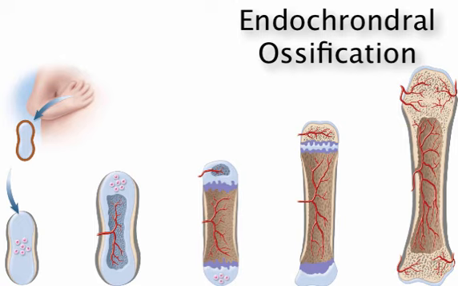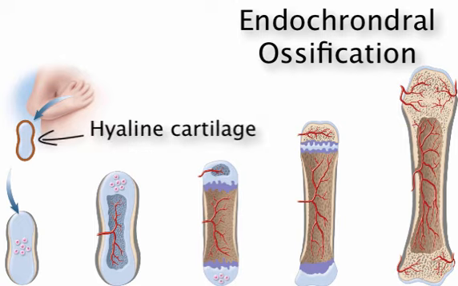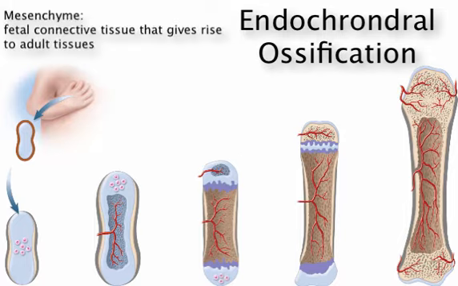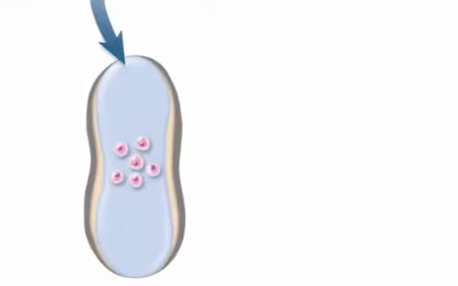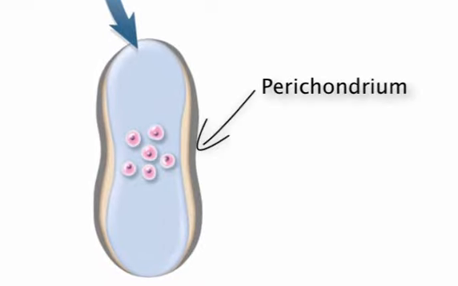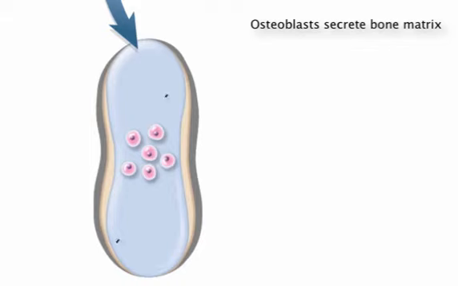Endochondral ossification is a step-by-step process in which a hyaline cartilage model of a bone is turned into osseous tissue. We start with a fetal tissue called mesenchyme, which develops into hyaline cartilage in the location of a future bone. The perichondrium of the cartilage eventually begins producing osteoblasts, which are bone-producing cells. These osteoblasts secrete bone matrix around the middle of the cartilage model, forming a bony collar that will become the